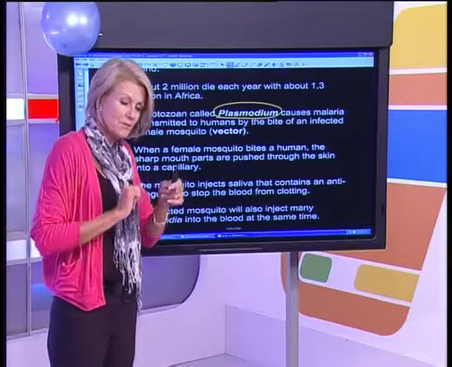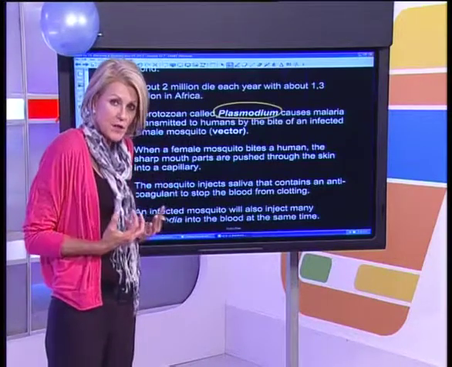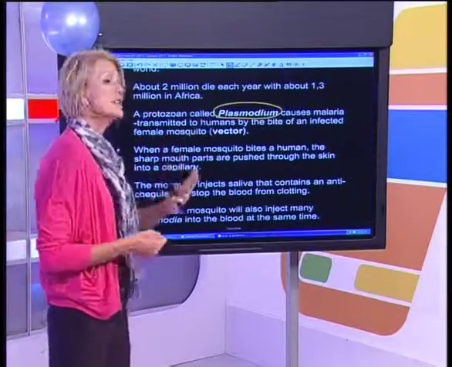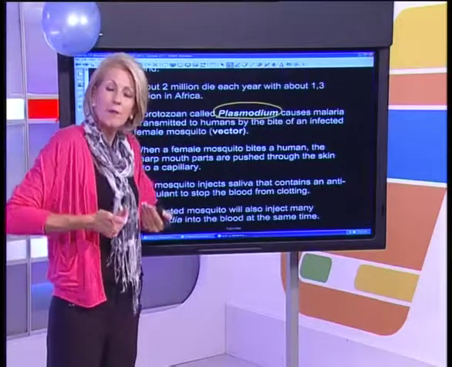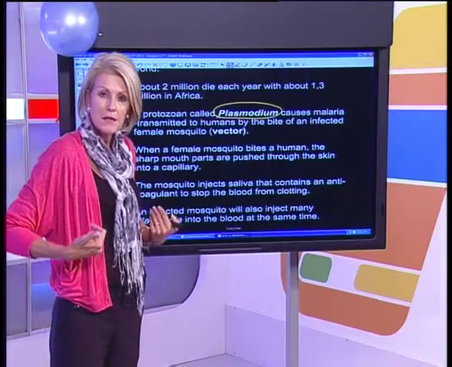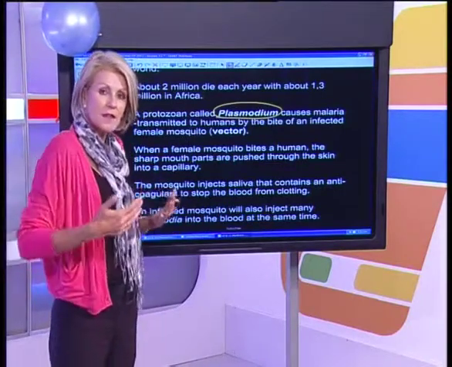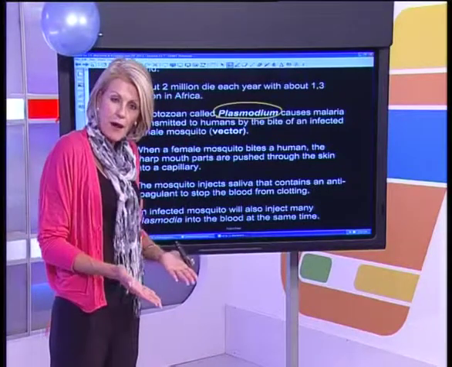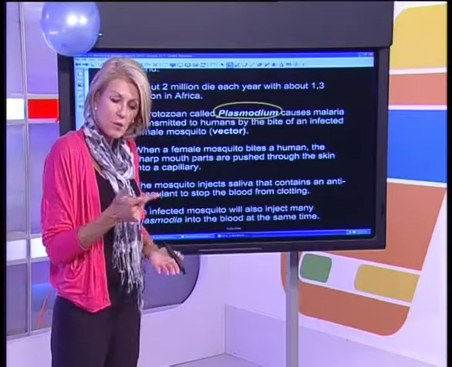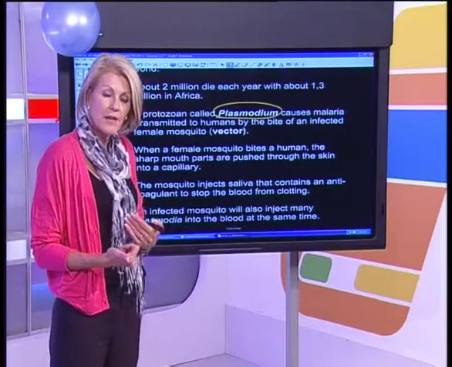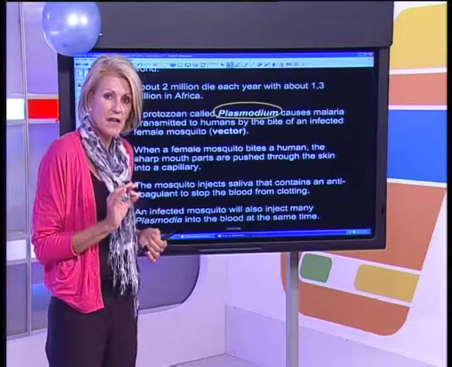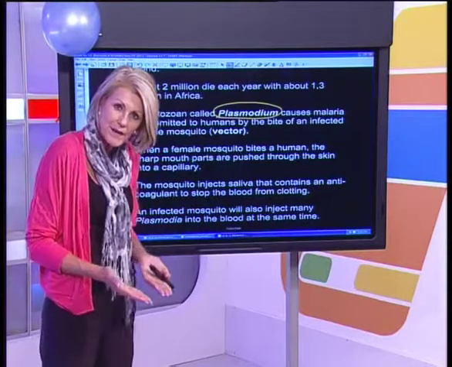Okay, now, best of all is, this mosquito has now sucked on a person who has malaria. The Plasmodium is small enough to be sucked up with the blood into its gut. And when it gets into the gut, all kinds of things happen, and I'm going to show you just a diagram of the whole life cycle of malaria, and that's all you really need to know to be able to explain that life cycle, and that it affects a lot of people in Africa,